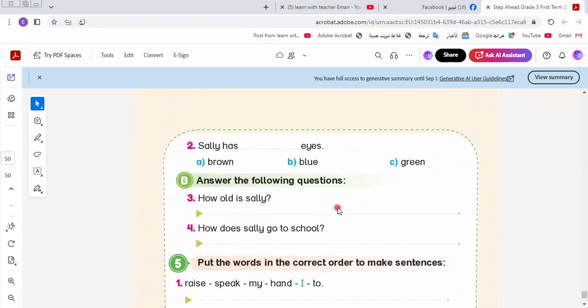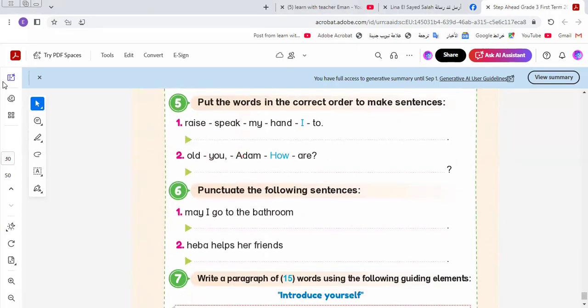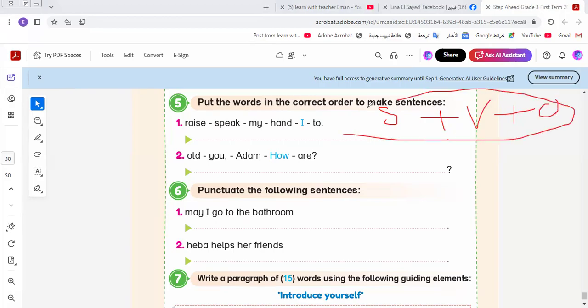How does Sally go to school? Go to school by what? By bus. Go to school by bus. Here we say subject. I will write the rule. Subject, verb, object. Some of you are saying, Miss Iman, this is a component of a sentence, okay, we can practice on all sentences. Yes, it's a statement form, but in the question form, I make a replacement. I replace the verb instead of the subject.